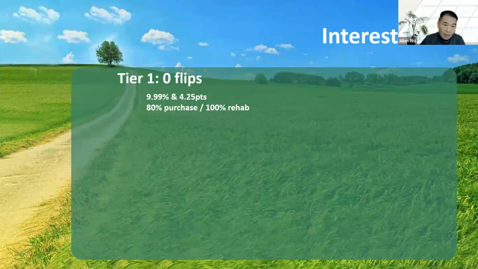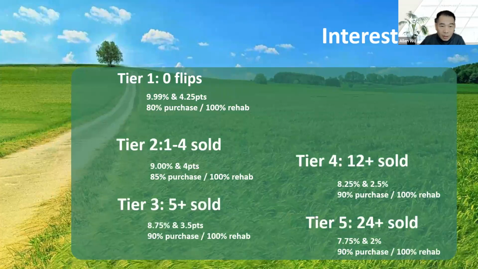Interest rate. A lot of people are saying, hey, what does the interest rate look like? Now, I apologize. This interest rate is not correct anymore. I should have changed the interest rate. So I'll just give you an idea of what the interest rate looks like. So tier 1, when I did this training, it was about a year ago. So at that time, the interest rate, if you have no experience or whatsoever,